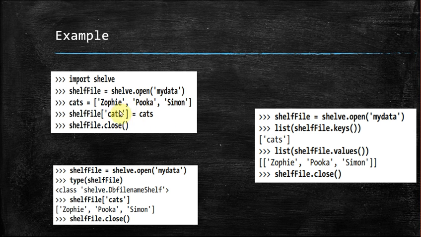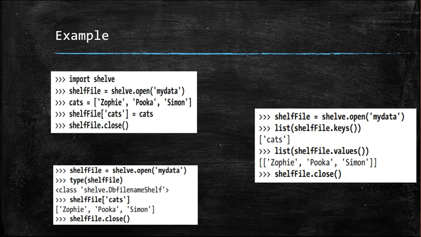What is that value? You have added the values of this list, cats, and after that you have closed. So what has happened now? The data has been stored. Okay, so when this particular code is running, then in Windows, three files will be created in the current working directory. That is nothing but, in the previous session we saw how to know the current working directory, that is getcwd, right?